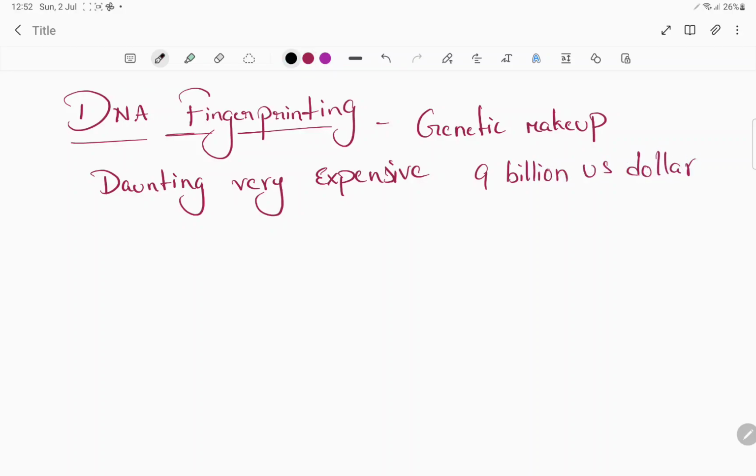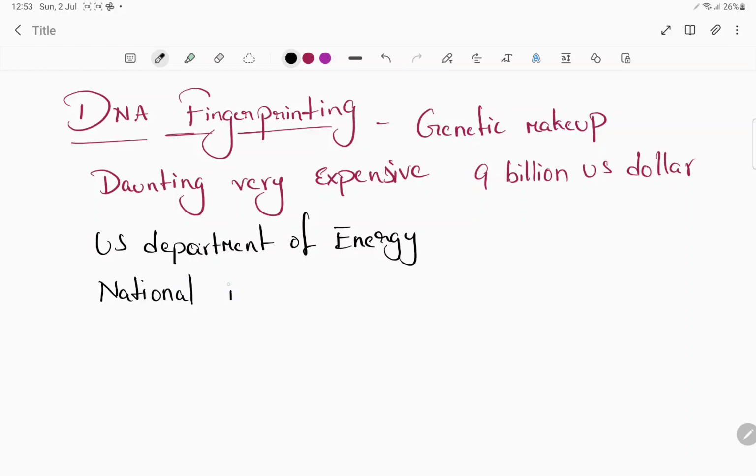And that too, many countries and organizations came into play: the US Department of Energy, the National Institute of Health, the Wellcome Trust of the UK,